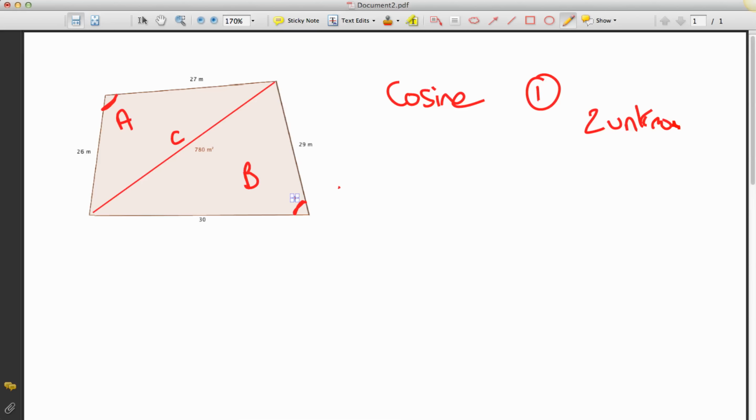I'm not going to actually solve this now. We'll come back to that in a later post. That's not good enough. One equation with two unknowns, I can't solve this. What else do I know about this